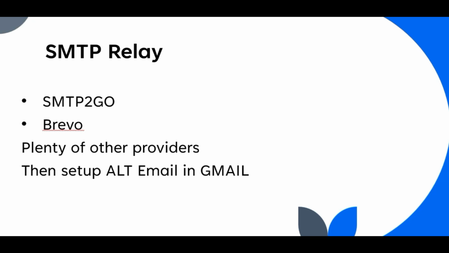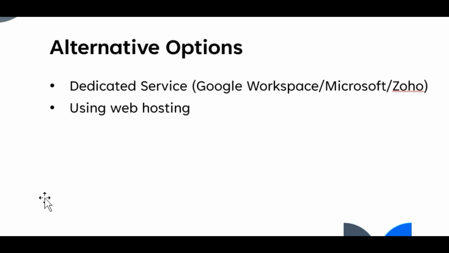As I said, there's plenty of other providers you can use. The final thing I wanted to mention is this is only an ideal setup if you want something free and temporary. Ideally, it is best to use a dedicated service like Google Workspace or Microsoft Exchange or 365, or even Zoho. Zoho has extremely reasonably priced plans that can work. It's just better in terms of sending, with fewer restrictions, as providers like SMTP2GO and Brevo don't really support cold email or have some of those kinds of restrictions, I believe, so just make sure you check and